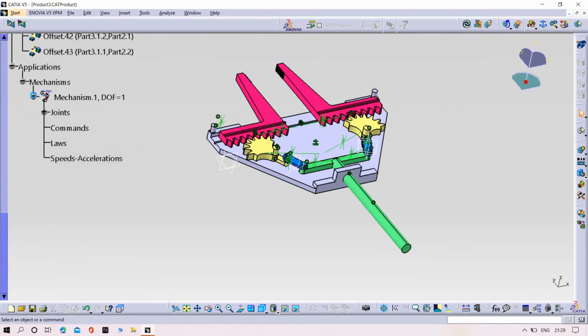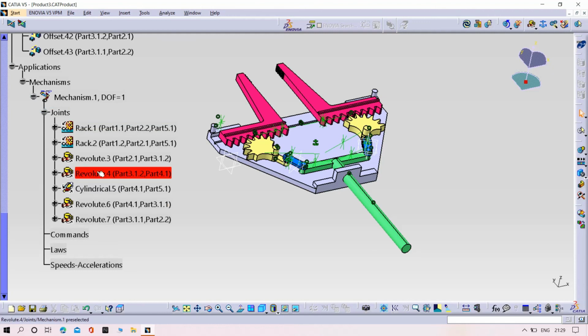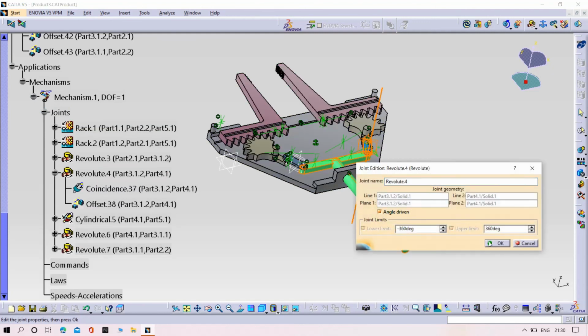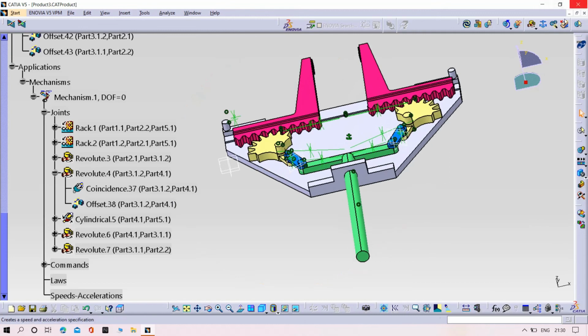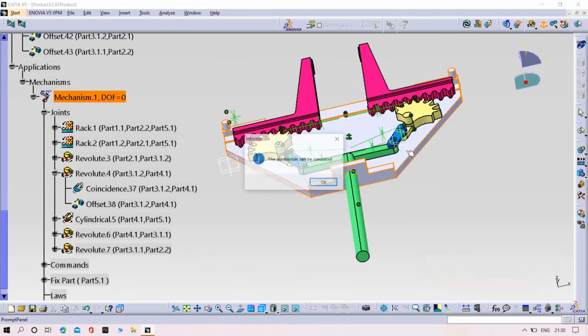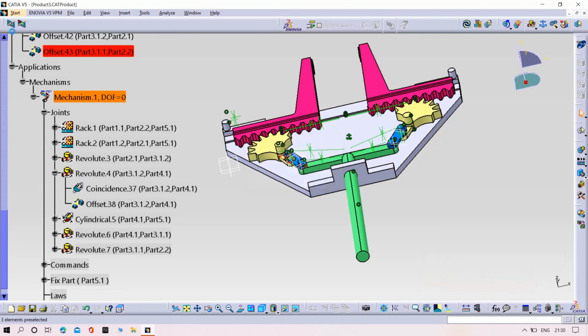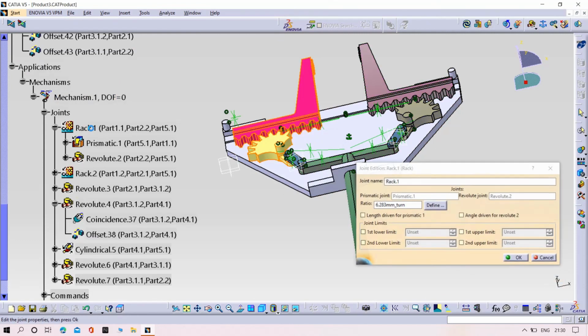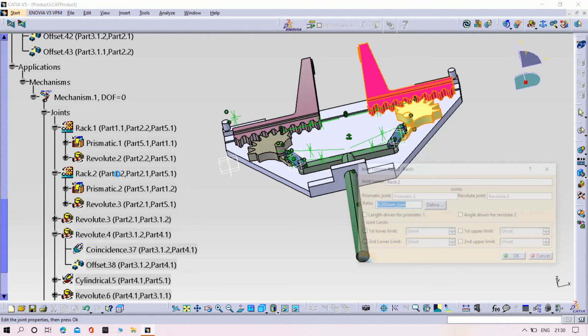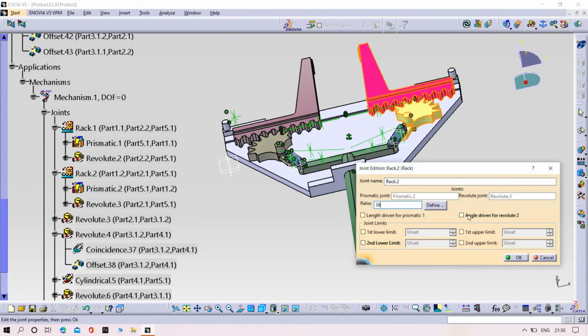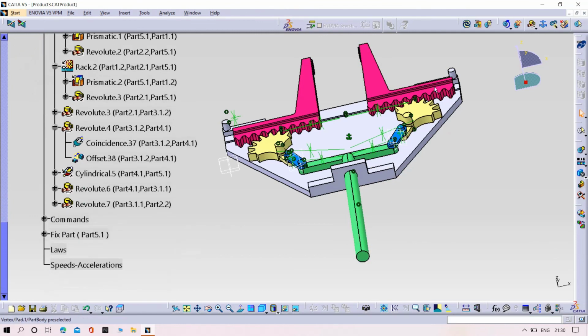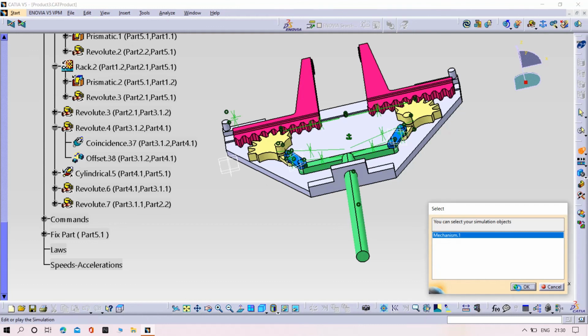Here we need to give one angle driven, OK, and then try to fix the base, yeah, and go to the rack and pinion joint, and here we need to give 360, same as it is for the second one also, 360, yes, and try to go to the simulation section, click on mechanism 1, let's see if it is working or not.